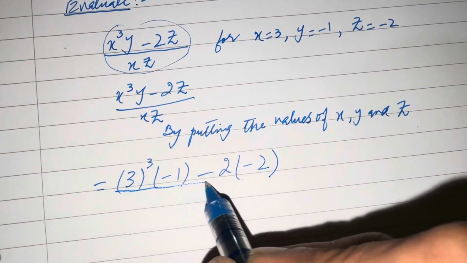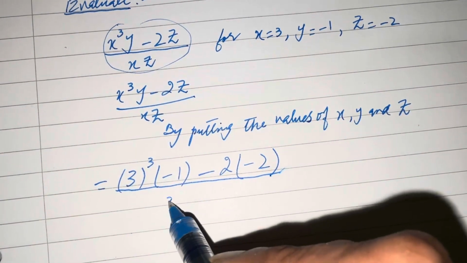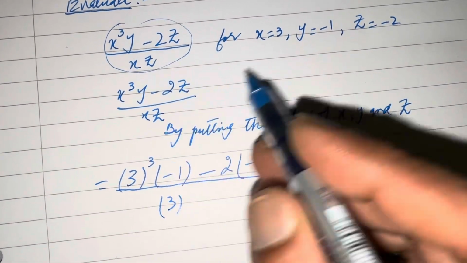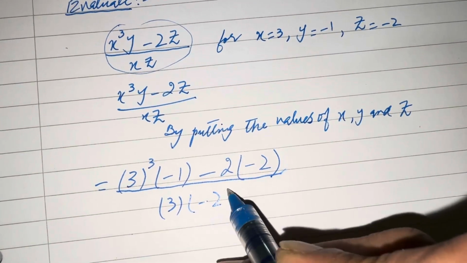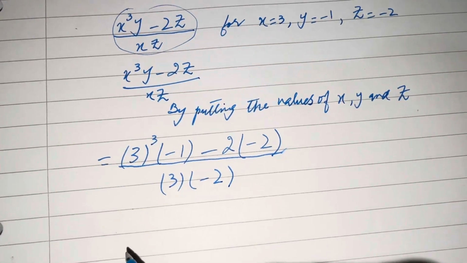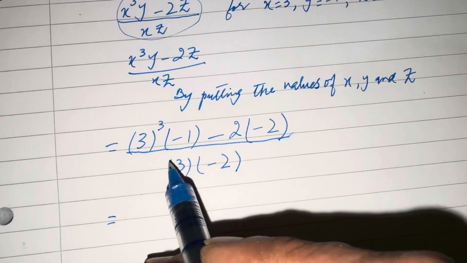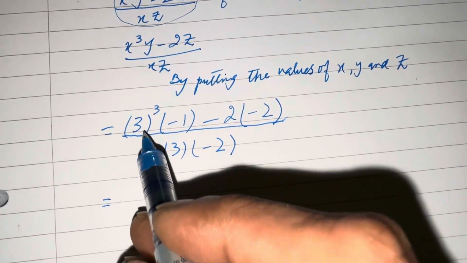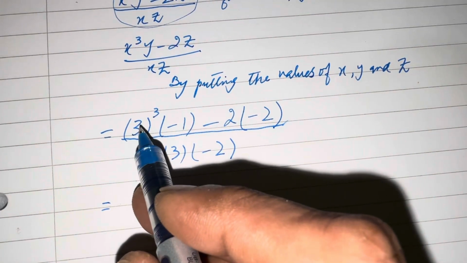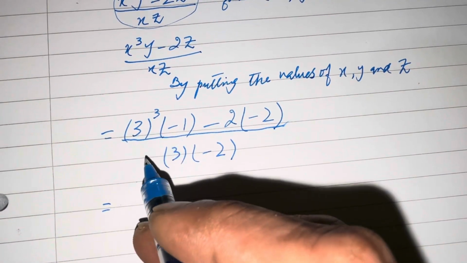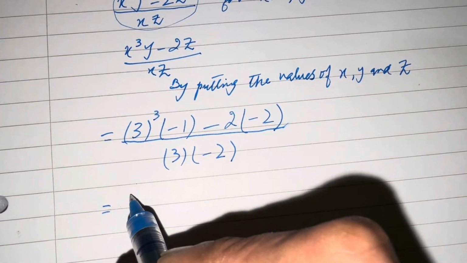Then divided by xz. X is given as 3 and z is given as -2. So after putting the values, we need to simplify this expression, that 3 raised to power 3 means that 3 are multiplying by 3 times with each other. So 3 multiplied by 3 multiplied by 3 is equals to 27